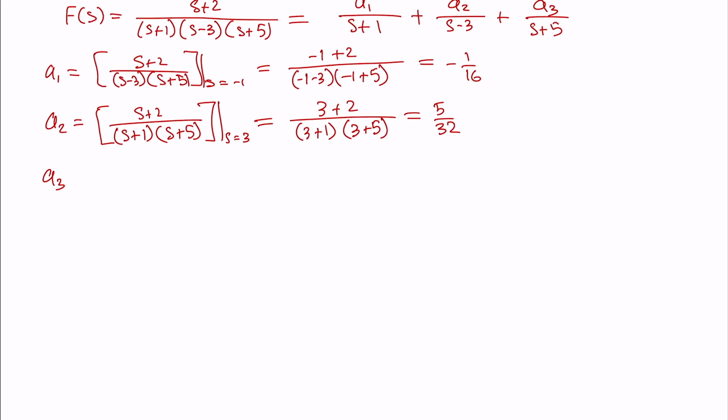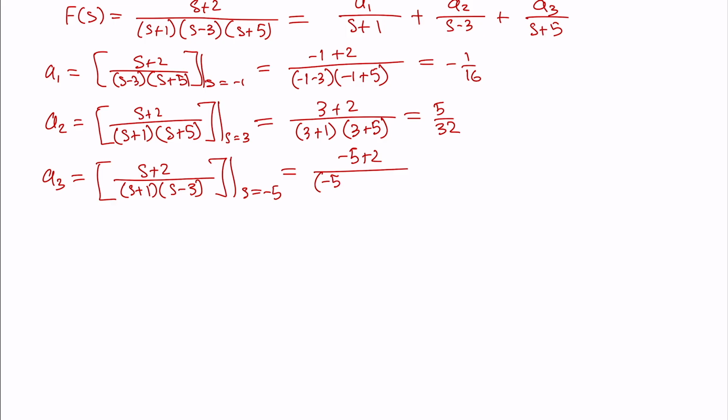For A3 then, we'll get (s + 2) divided by (s + 1)(s - 3), evaluated at s equals -5. This is then equal to (-5 + 2) divided by (-5 + 1)(-5 - 3). And this evaluates out to be -3/32,